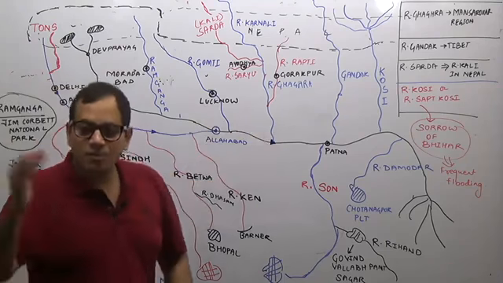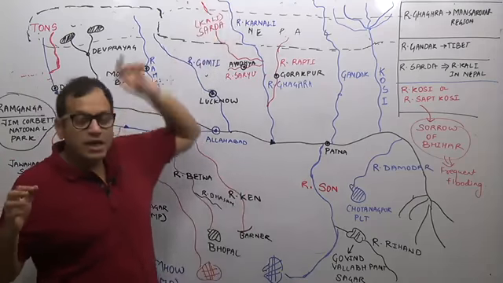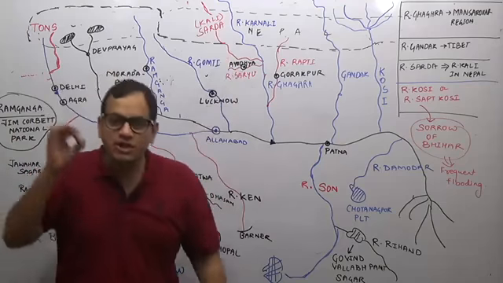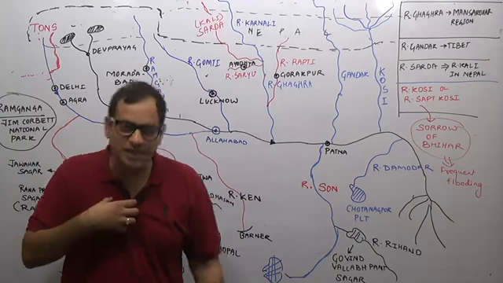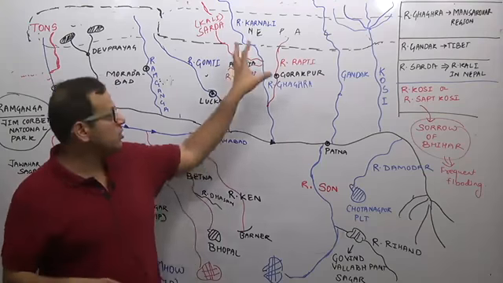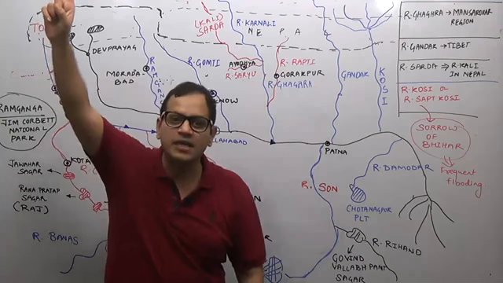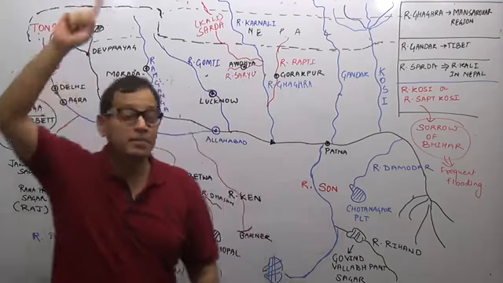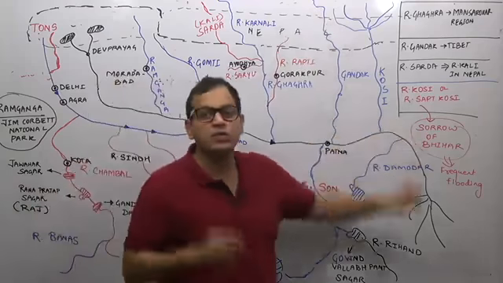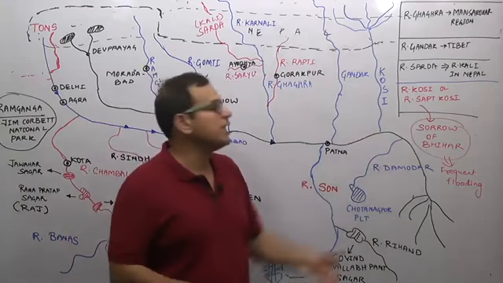The other important river is river Ghagra. River Ghagra is a transboundary river. It is an international river which originates in the Mansarovar region. The most important tributary of river Ghagra is river Sharda. It is known as river Sharda in India, but in Nepal it is known as river Kali. This is in the news. Focus on the river Sharda. Then we have river Gandak, again an international river, originating on the Tibet-Nepal boundary, and river Kosi. River Kosi is also known as Sapta Kosi. Sapta means 7, and because it is made up of 7 small rivers, it is known as the Sapta Kosi river system.